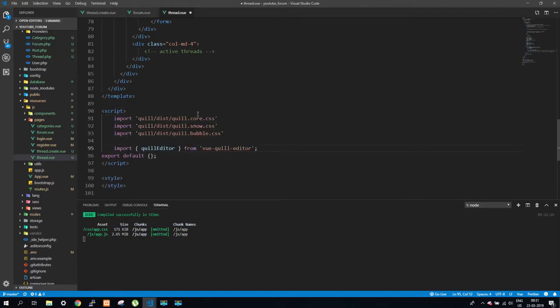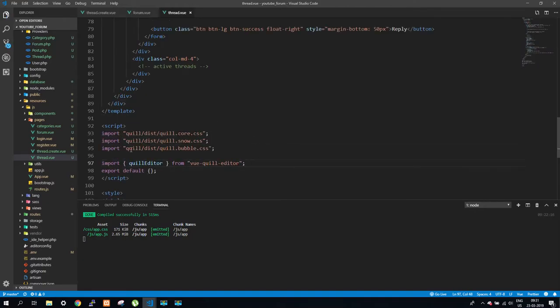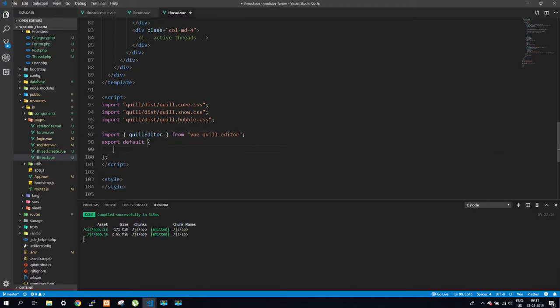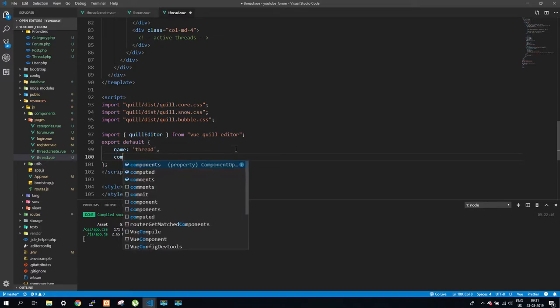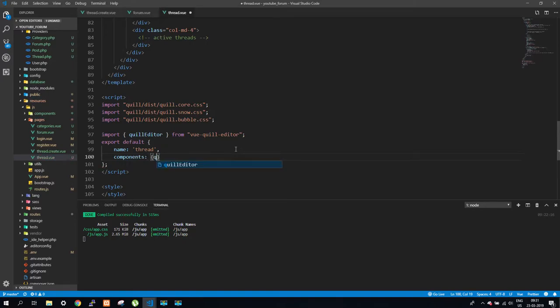And now in our script we need to import some things. So we need to import these quill editor styles again. Just copy it from the other file. It's exactly the same. And just we need name thread, components quill editor, props, app, data,